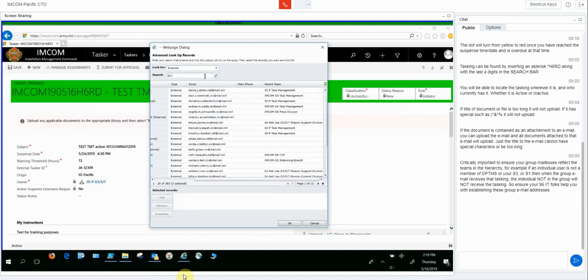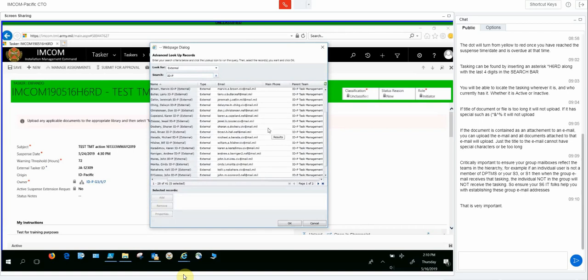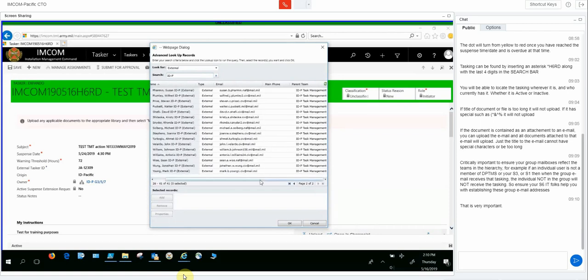So external users are those users of the system. I've narrowed the search down to only IMCOM Pacific that do not have licenses, do not have access to the database, but the database, by virtue of having them listed as external users, has access to them via Outlook. So if I add, for example, Mark Young, who also works in my section, as an external user, and you'll see him called out here as external. When I send this action over,